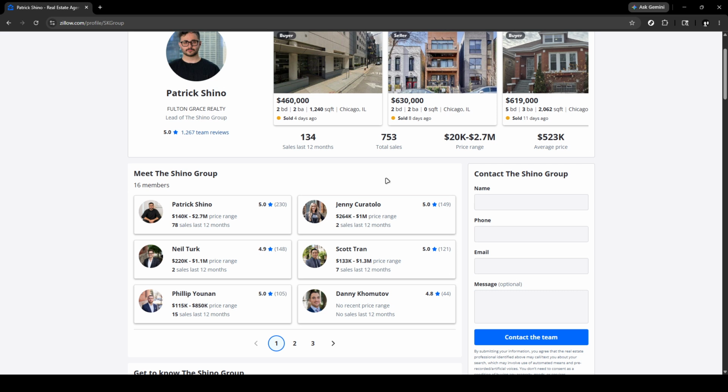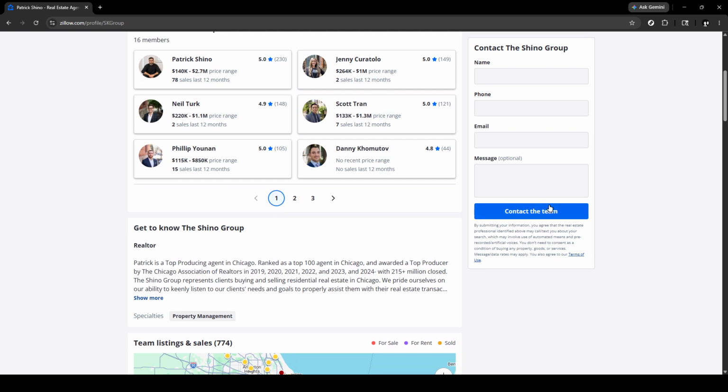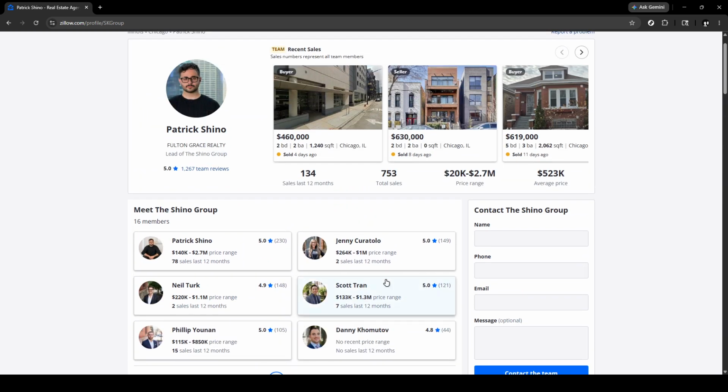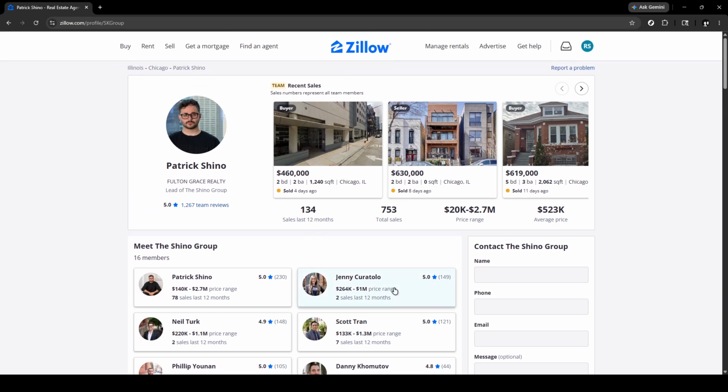It also helps to know who you're contacting. When you use the Contact Agent button, Zillow often connects you with a premier agent, a local buyer's agent focused on helping you purchase. If you prefer to speak directly with the person representing the seller, scroll down the listing